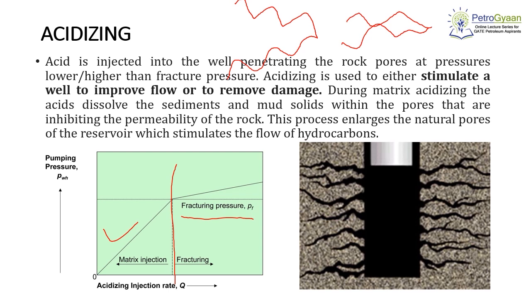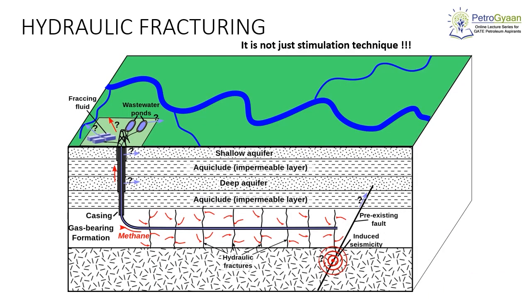In the detailed lecture on acidizing, we will learn how the well is selected, what parameters are looked into, how volume is calculated, and how the process is completed. Hydraulic fracturing is a well stimulation technique involving the fracking of bedrock formation with the help of pressurized fluid. When you inject high pressure fluid along with sand or proppants, it will first create an opening in the bedrock formation, and then you place the proppants in between.